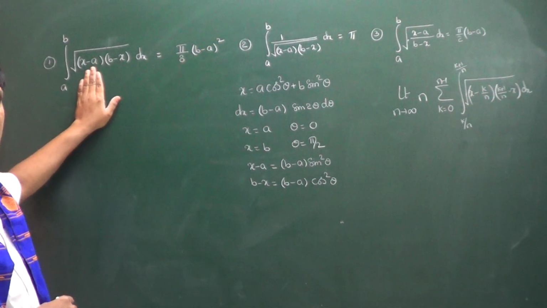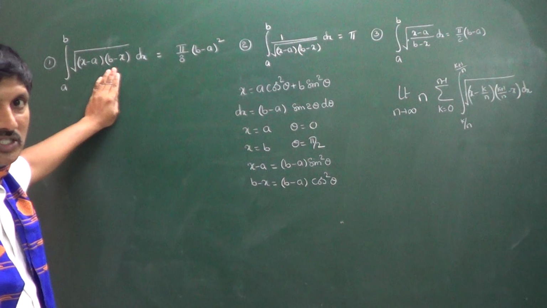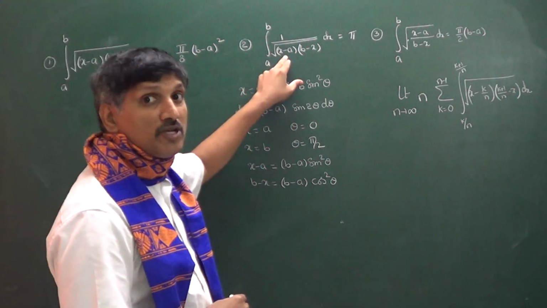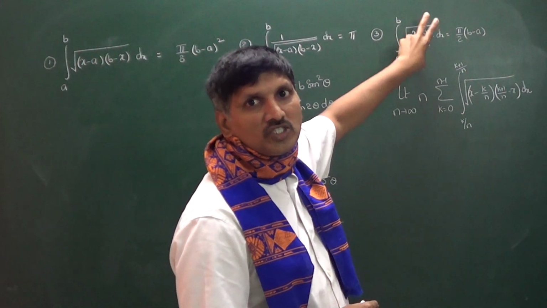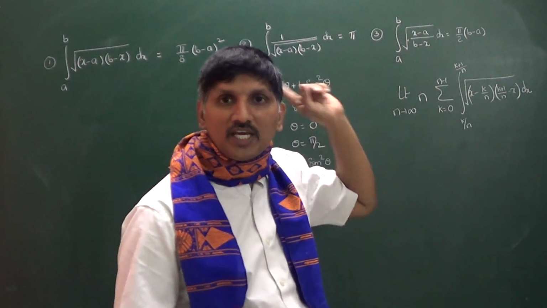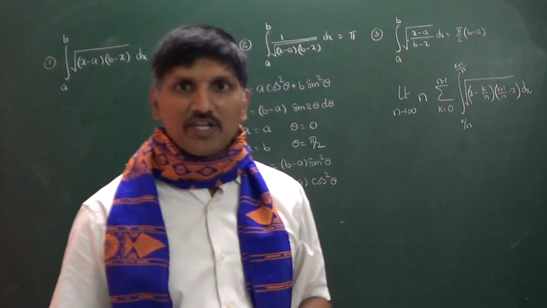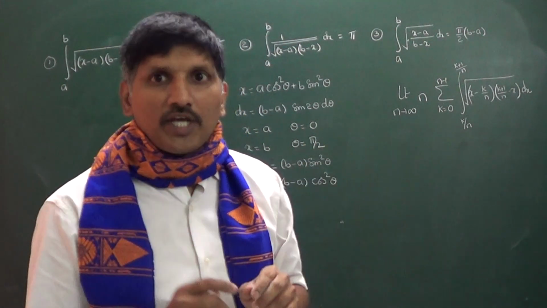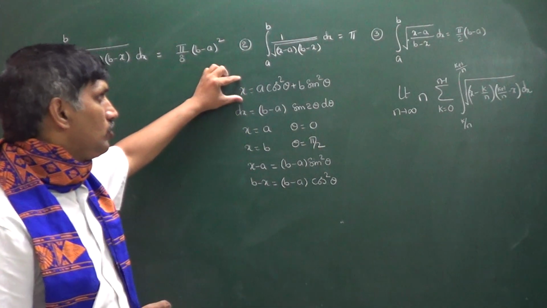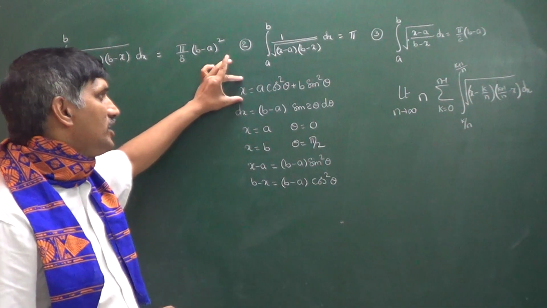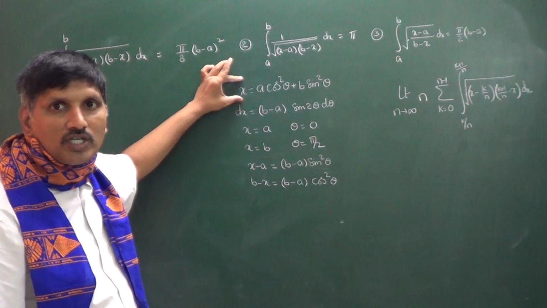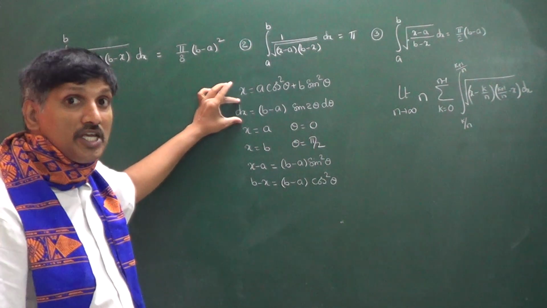Not only in this case, whether (x minus a)(b minus x) is there, or 1 by root of (x minus a)(b minus x) is there, or root of (x minus a)(b minus x) is there, in any case, as we discussed in the indefinite integrals also, better to take the substitution x is equal to a cos square theta plus b sin square theta. Whenever we are taking this, then dx becomes